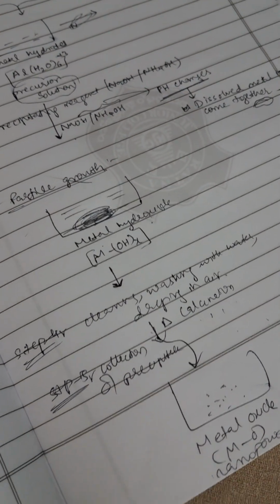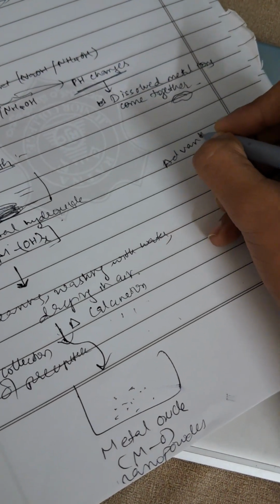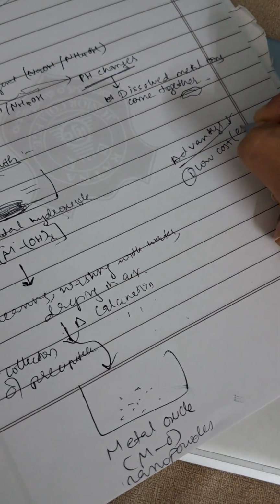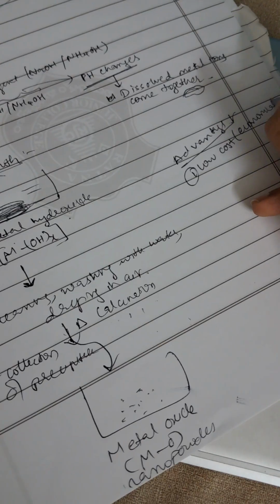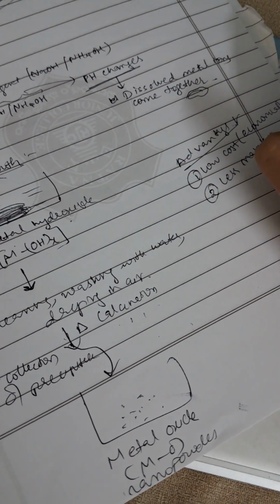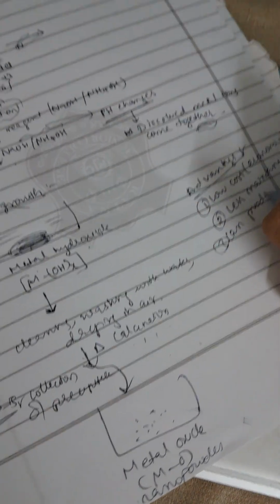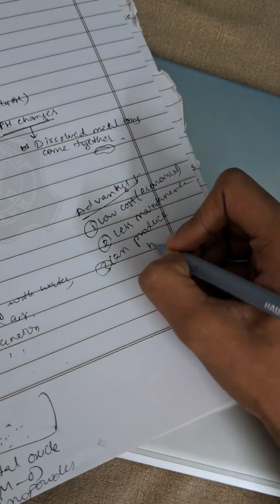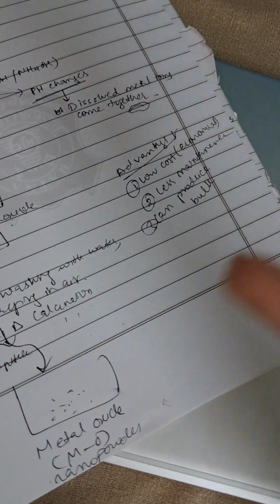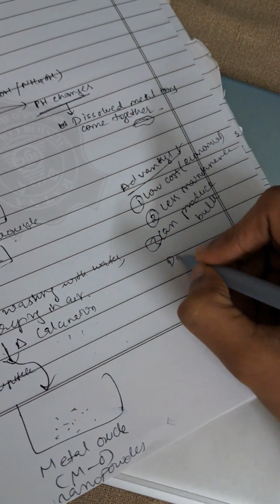Now the advantages are: low cost, so it is economical; less maintenance; can produce in bulk. And the nanomaterial you will get has more surface area. But the disadvantages are,